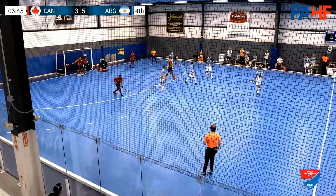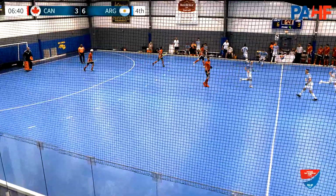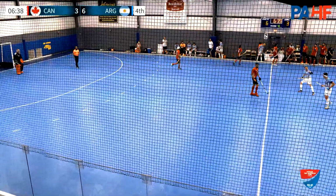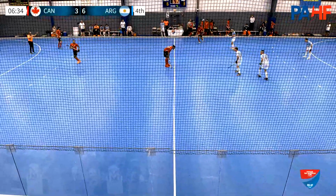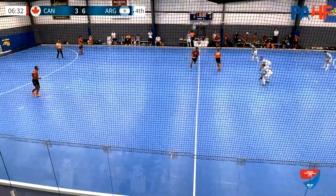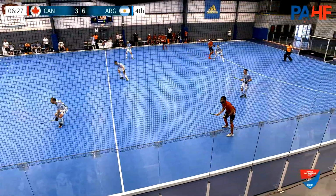A different play, but the same result. Argentina scores again on a penalty corner. The goal brings the score to 6-3. Argentina with the lead. There's 6 minutes and 30 seconds to go in the final period of this first game